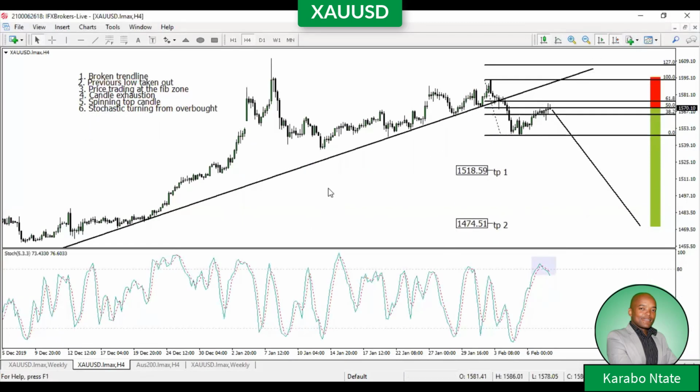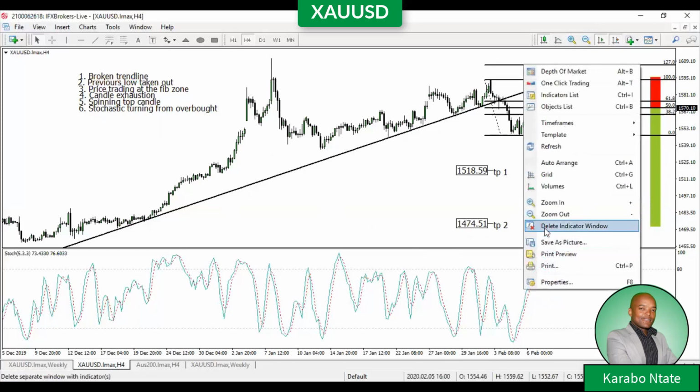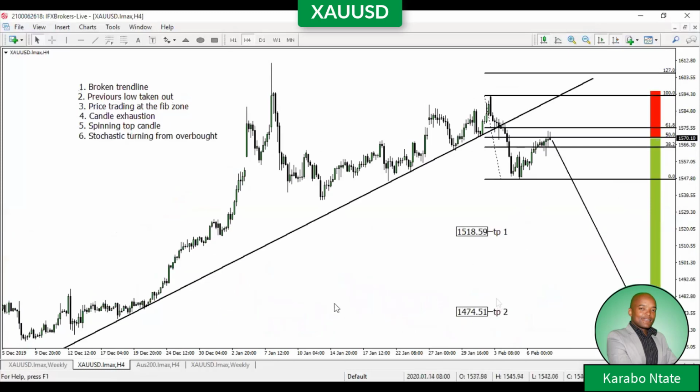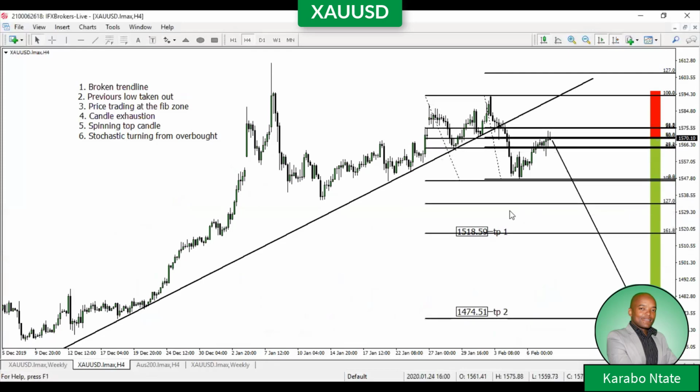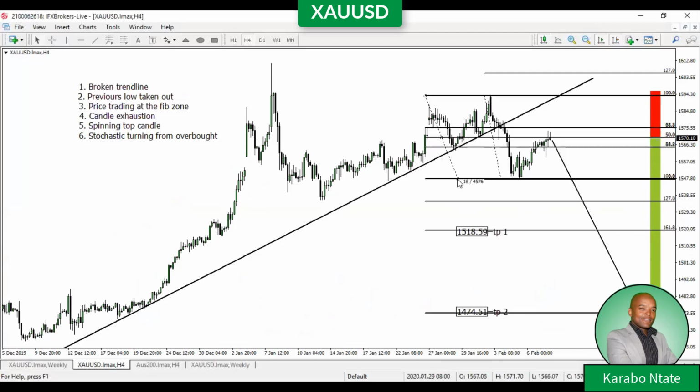So highly likely that we could see price dropping all the way to 1474. And these are nothing but the Fibonacci extension. And so this is the 161.8, and my second target, let me draw this in correctly, my second target will be at the